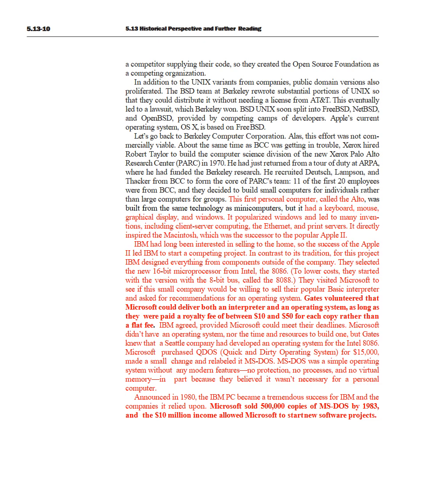Gates, that's Bill Gates, volunteered that Microsoft, he was very young then, could deliver both an interpreter and an operating system as long as they were paid a royalty instead of a flat fee. That was a brilliant move. That's how he made his first bunch of millions. IBM agreed,